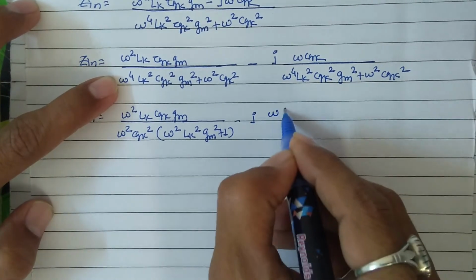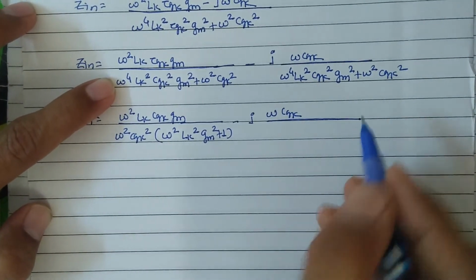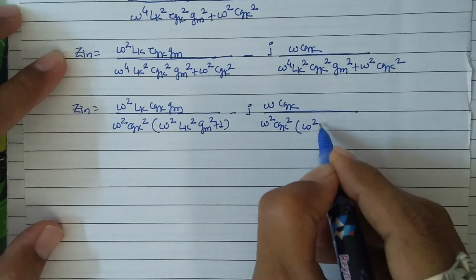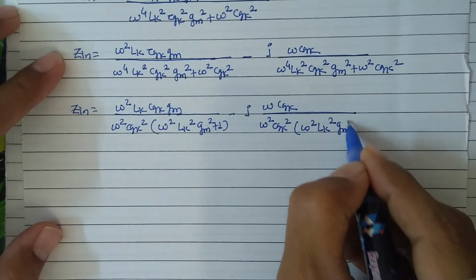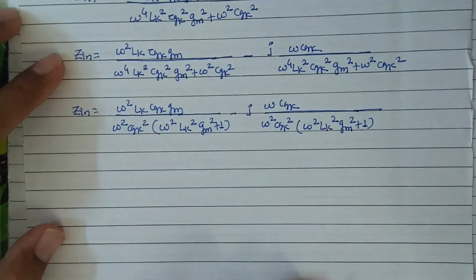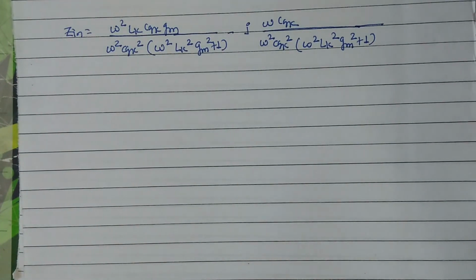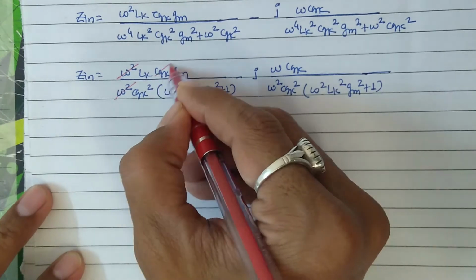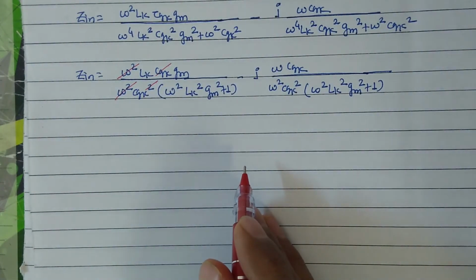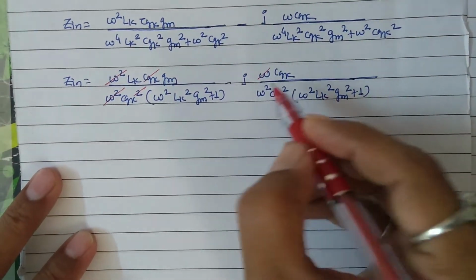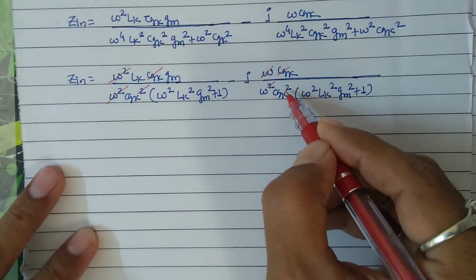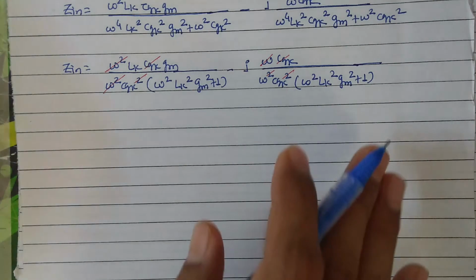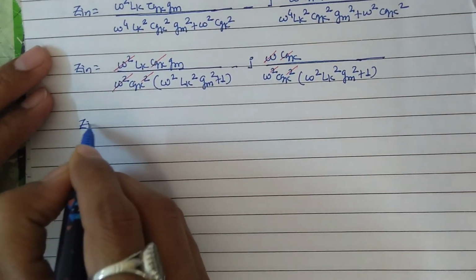Similarly for the imaginary part, omega Cgk divided by omega square Cgk square, so omega square Lk square Gm square plus 1, right? So let us cancel out the common terms from numerator and denominator. So omega square and 1 Cgk can be cancelled out. Here also, 1 omega from the numerator and 1 from the denominator, and 1 Cgk from the numerator and 1 from the denominator can be cancelled out. So the remaining term, or modified Zin, is